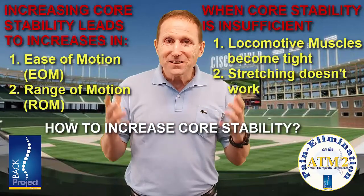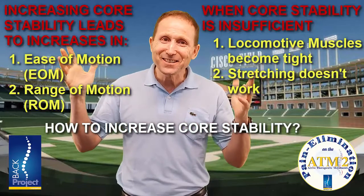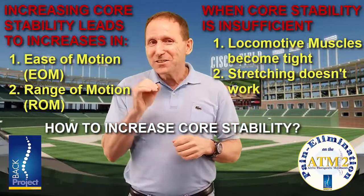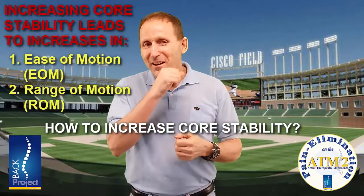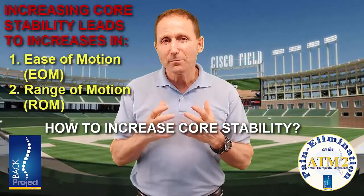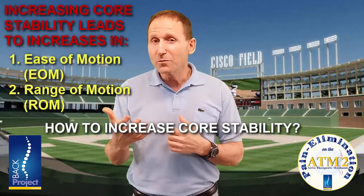But how to do this? How to increase core stability? Well, this is the million-dollar question. Actually, it's more like the billion-dollar question. Researchers have been working for over 20 years trying to find out how to increase core stability. Health insurance companies have spent literally billions of dollars on treating patients with techniques that initial studies showed promising results,